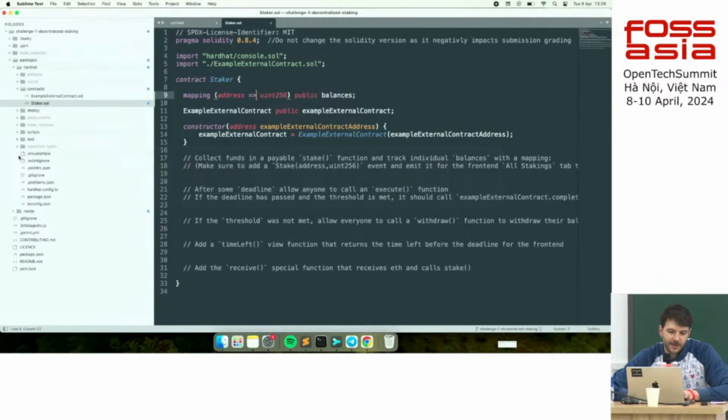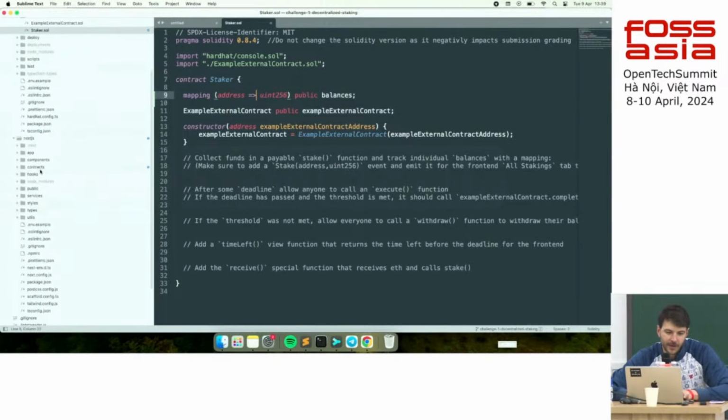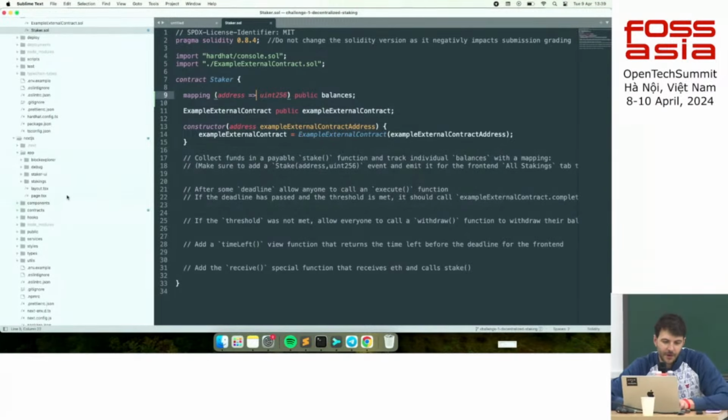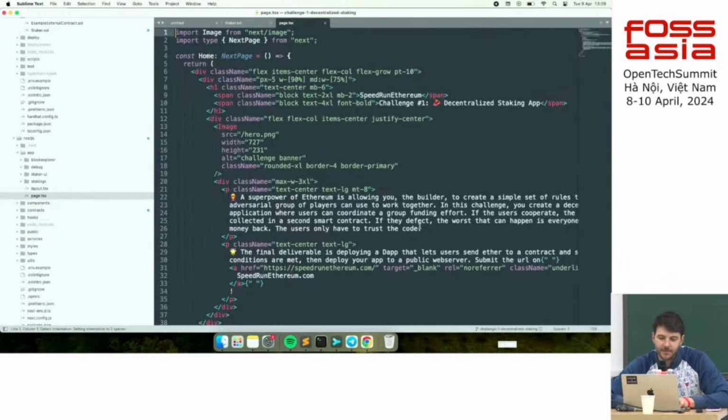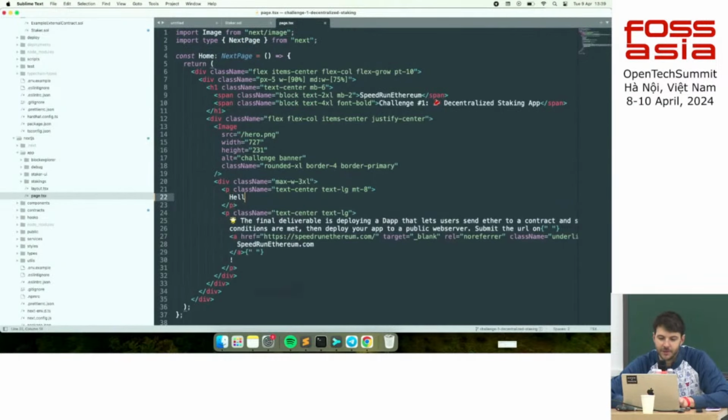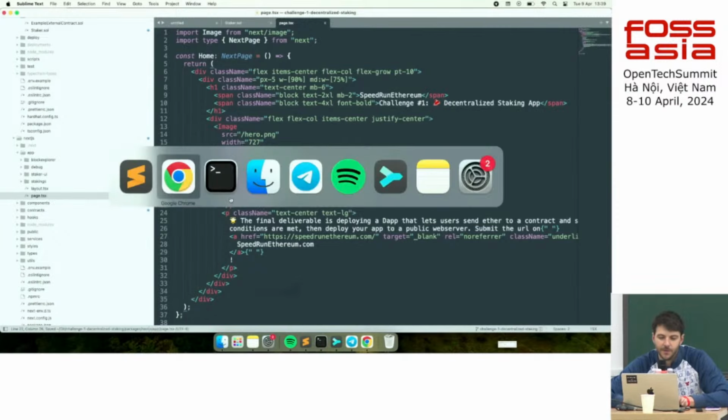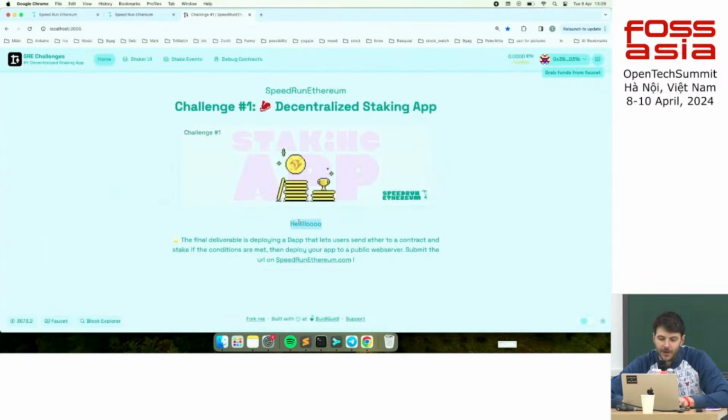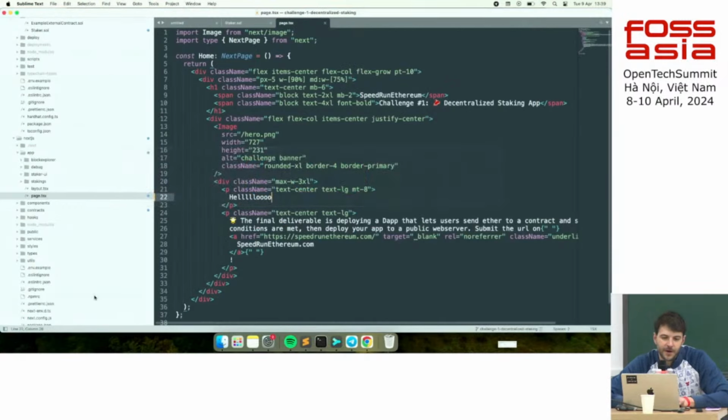If you look inside the Next.js folder, this is where our app lives. And it's really powerful because you can just start creating anything and it will instantly show up. So if I just type hello, hello is there. Also, so far I only wrote one line of code